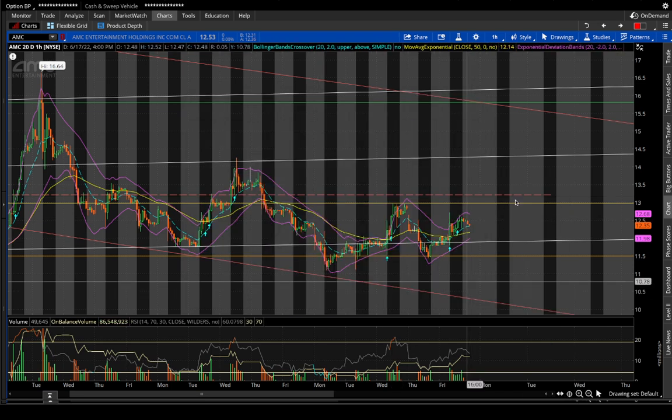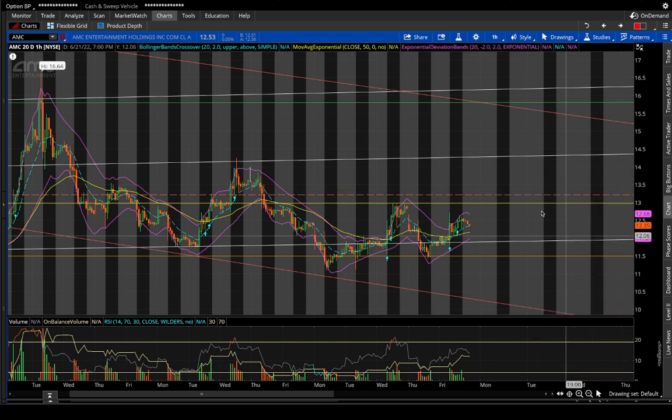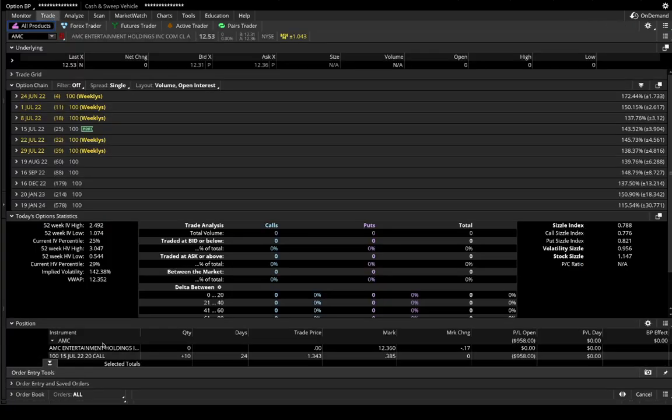And there's the zero gamma line at $13 as of right now for the month of June, meaning anything above 13 is when your market makers flip their delta hedge position to long gamma versus short gamma in order to remain delta neutral. So that $13 line is influenced based on open interest